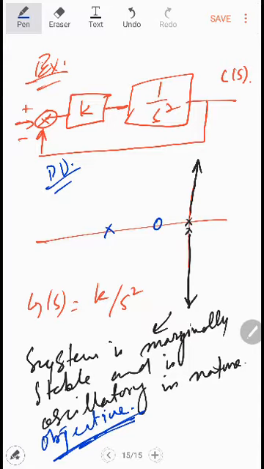So in this case, we are using what is called the proportional derivative controller, or the lead compensator. If we use the lag compensator, what will happen? This will increase the type of the system and make it more unstable. The marginally stable system will become an unstable system if we use the PI controller. So we are not using the PI controller, we are actually using the PD controller. So let us use the PD controller and make the system stable.